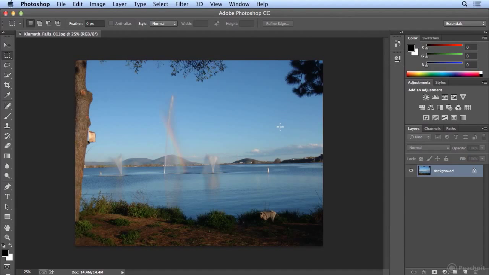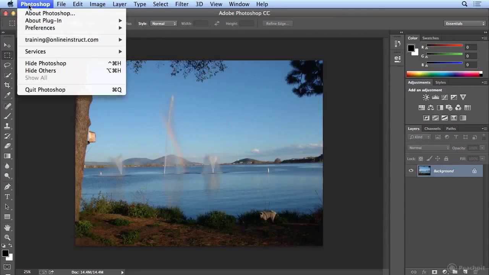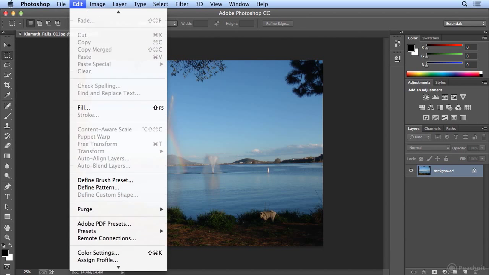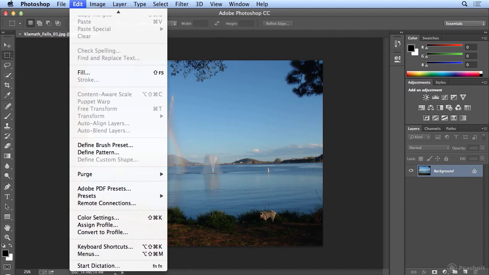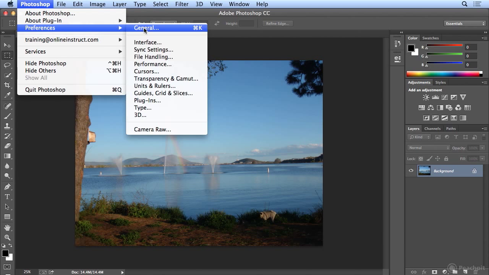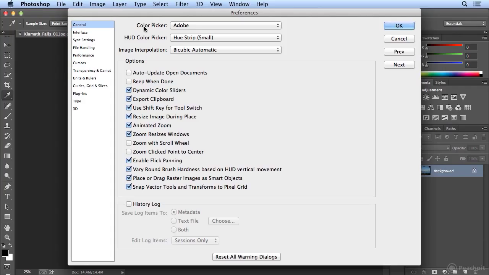Let's take a look under the hood of Photoshop by setting some preferences. On the Mac platform, preferences are under your Application menu, which in this case is Photoshop, and Preferences. On Windows, it's under Edit and at the bottom, Preferences. So if I choose General, in the General Preferences, there are one or two handy settings I might recommend you